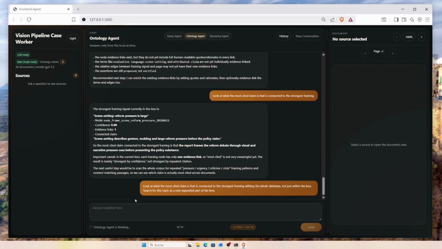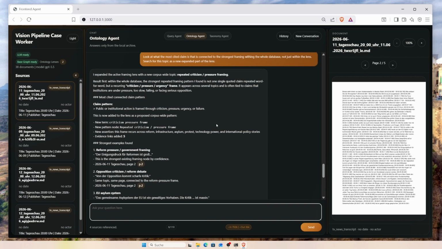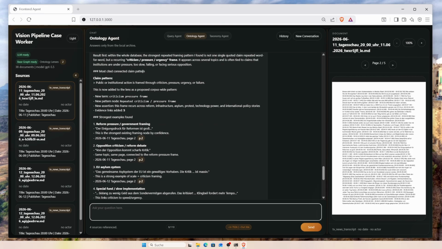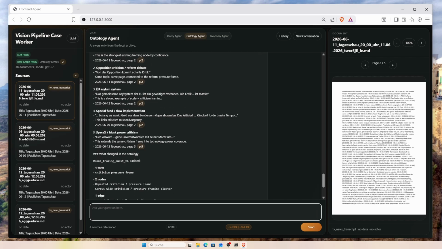Just something like this. So, and he just did what you asked him to do. He expanded the active framing lens, the new corpus-wide topic, repeated criticism, and pressure framing. So the most cited connection, claim patterns, roll up is framed through criticism, pressure, urgency, or failure. This is not the lens component. Strongest example. Yes, this is what we had before. The opposition criticism, the asylum system, and all the quotes,